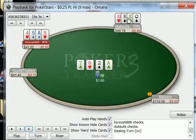I don't mind the check back here. Duke's got some nice back doors, so he can turn stuff, and you can bet for that reason too, just to keep barreling. It is sort of weak to just passively check. This isn't a board that's particularly easy to smash, so